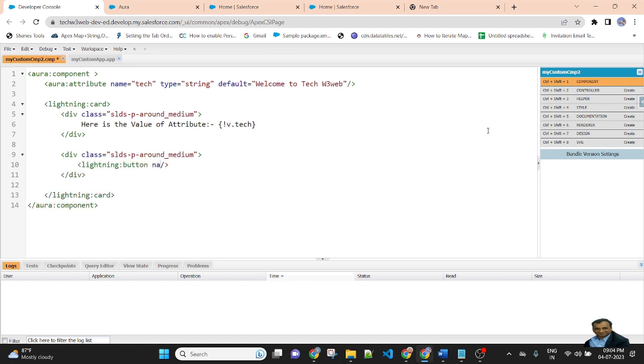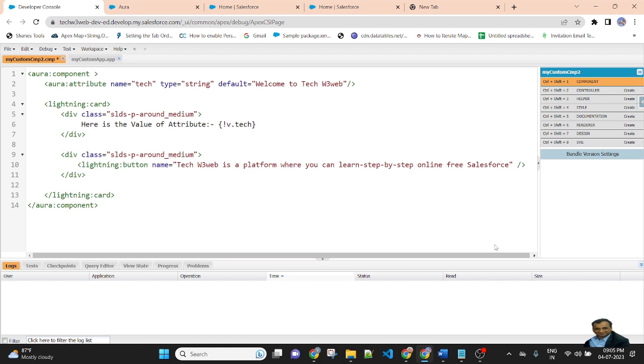Type, name equal to "Tech W3 Way is a platform where you can learn step by step online free Salesforce". So I am passing the sentence in the name attribute in the button.